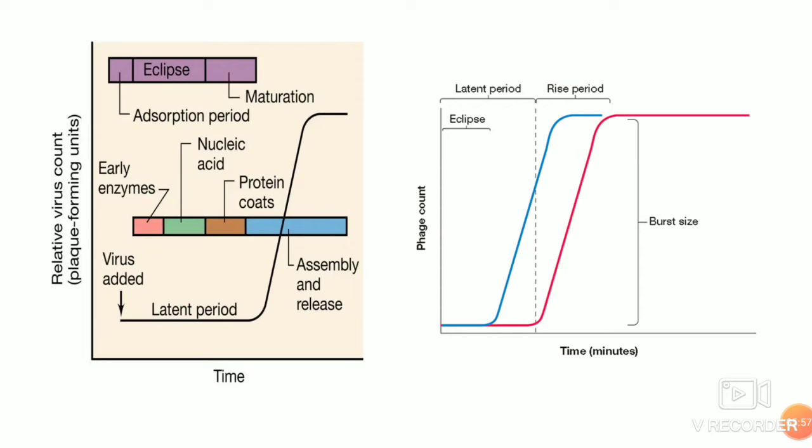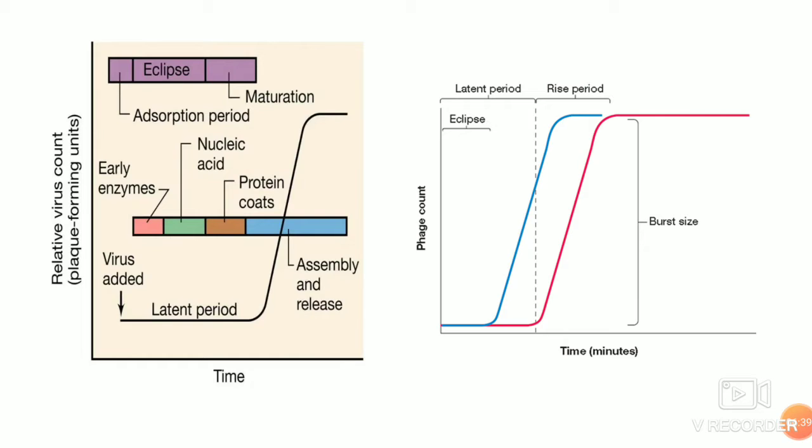I'll repeat again. The number of infective phage particles released from bacteria is determined at various time intervals by plaque assay. First, the initial mixing of the virus and bacteria, and the viral load released at every time point is plotted here in the one-step growth experiment. A plot of bacteriophage released from the host cell versus time shows several distinct phases. That is the latent phase, which immediately follows phage addition. There is no release of virions.